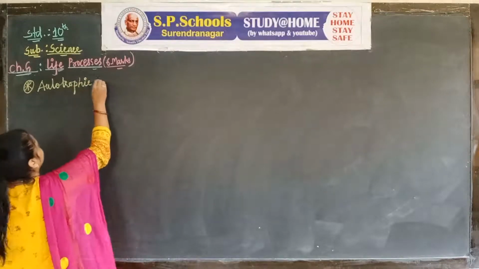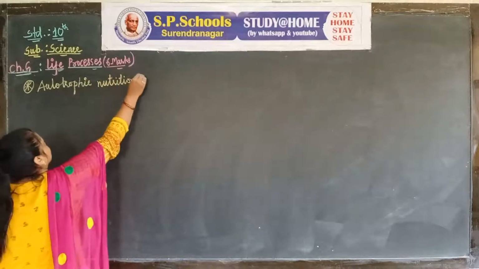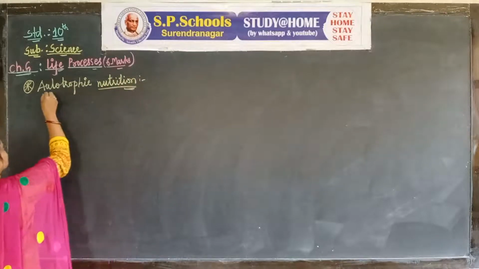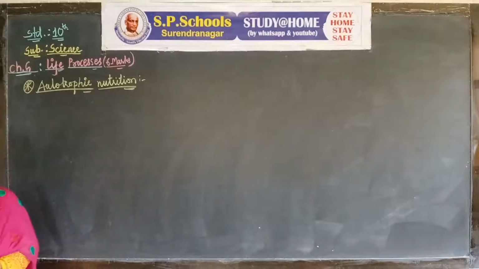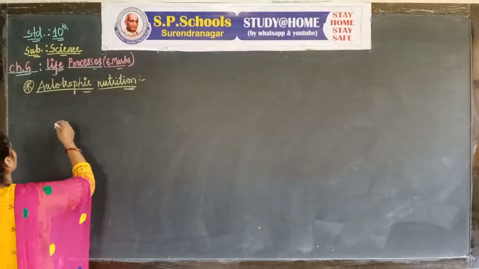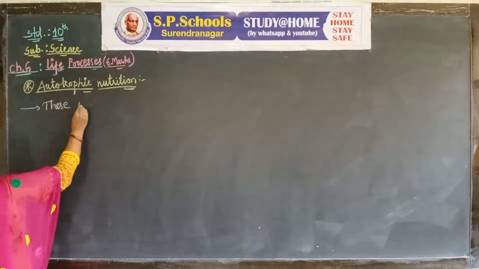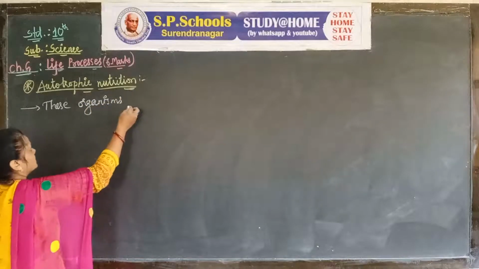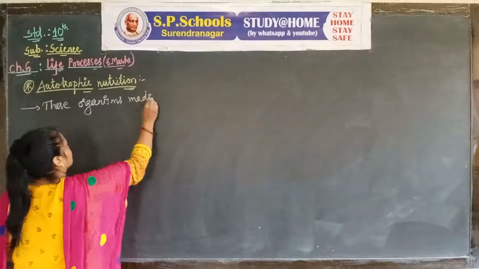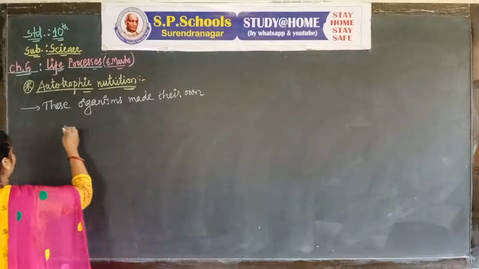autotrophic nutrition. Trophic means nutrition and auto means itself. In autotrophic nutrition, these organisms make their own food